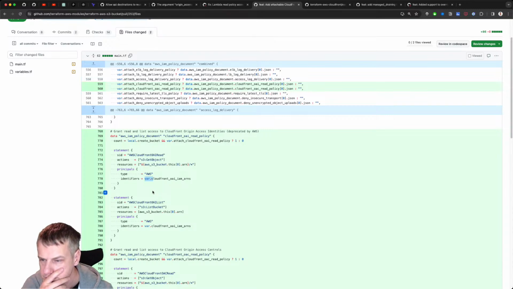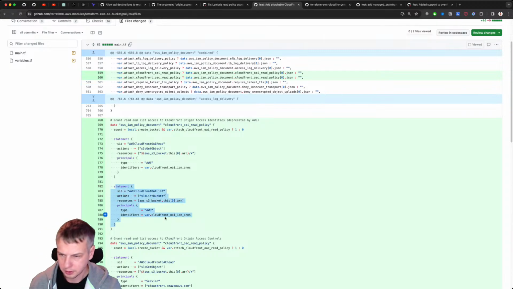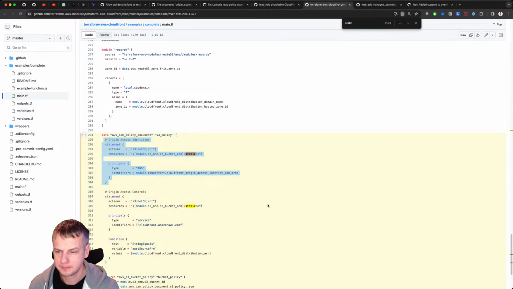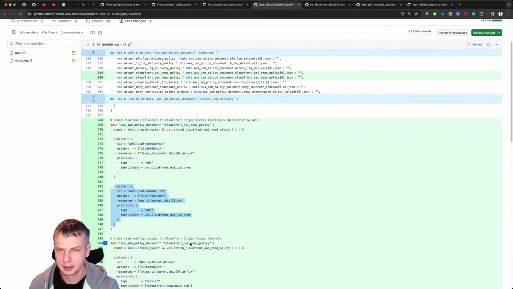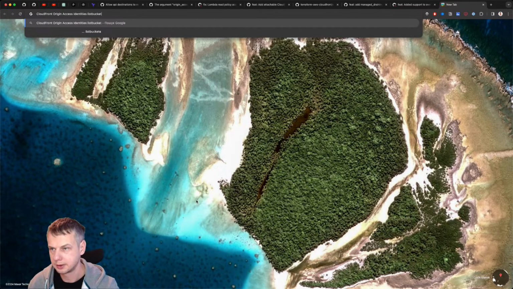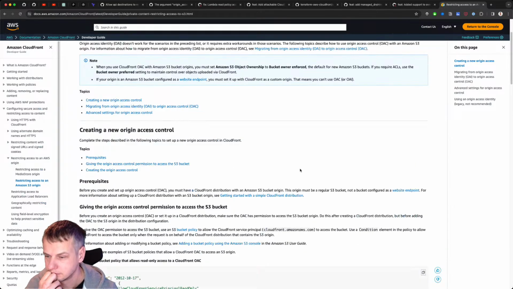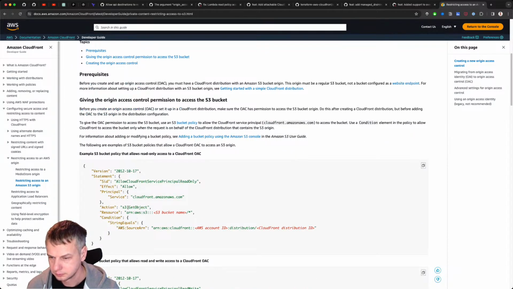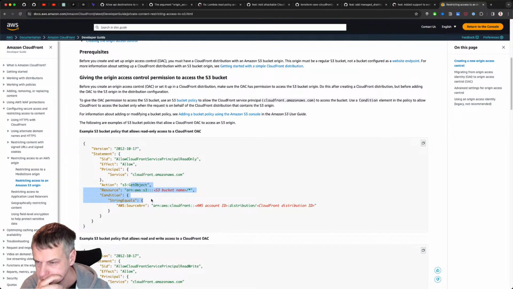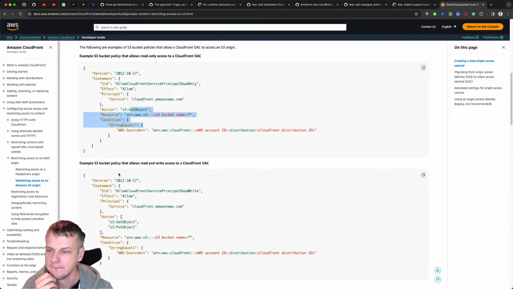Then what about this one? Why do we have to give list bucket to CloudFront OAI? I don't see this needed here, but maybe it is needed. So let's search for this one, list bucket. List buckets or list bucket.